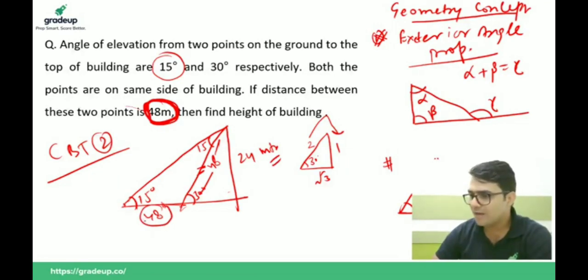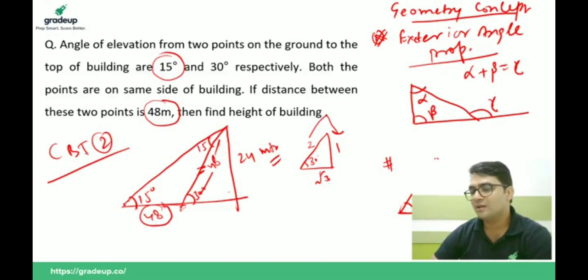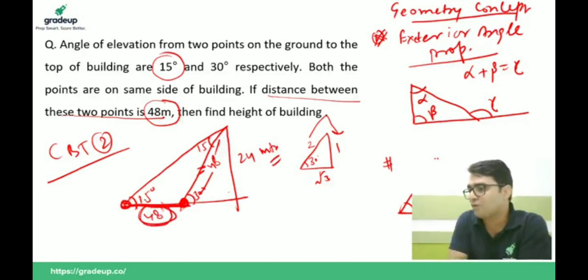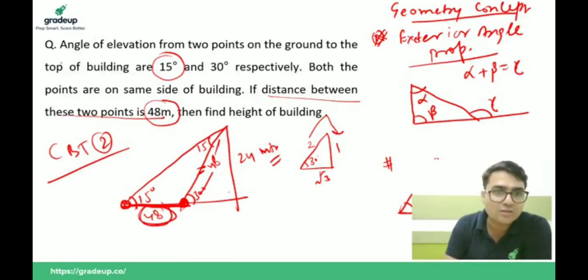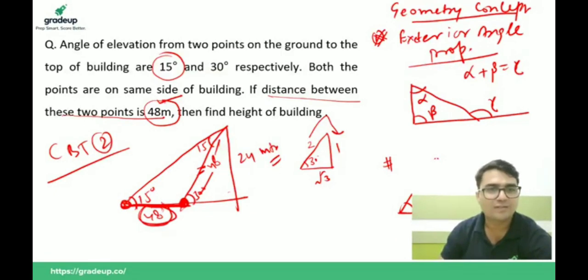Okay, guys, and Rahul Baliara, please listen carefully. 48 meter is given in your question, that the distance between these 2 points is 48 meter. Here we have the first point, here we have the second point, and we are given that the distance between these 2 points is 48. I hope this point is clear to you, Rahul. In your question it is clearly given, 48 meter. Thank you, Vivek. Rahul Baliara, is it clear to you? Okay, now let's move to the next question.